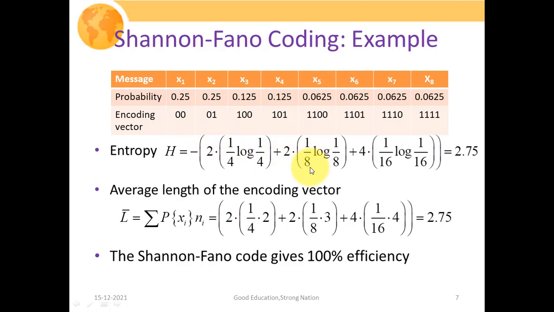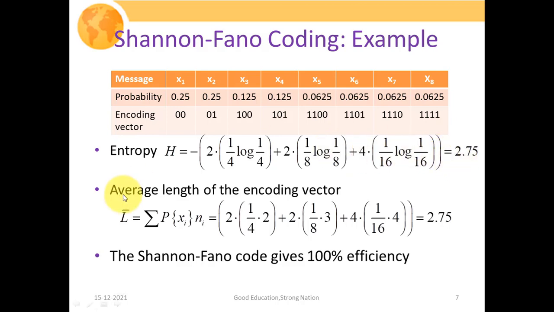Then plus 1 upon 8 log of 1 upon 8, and how many symbols have this probability 1 upon 8, that is again 2. So we have multiplied with this 2, and similarly 4 times 1 upon 16 log of 1 upon 16. If we evaluate the entropy, it is obtained as 2.75. You can just check whether we have obtained this 2.75 or not. So the source entropy is equal to 2.75 bits per symbol.